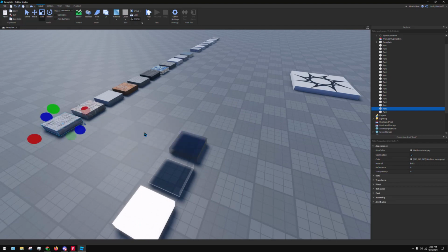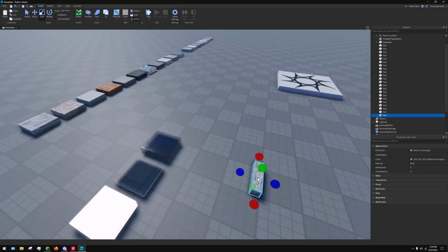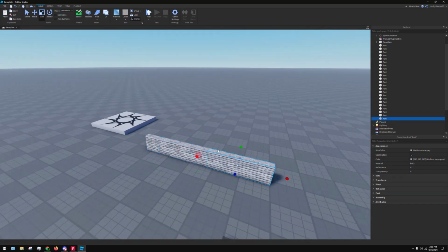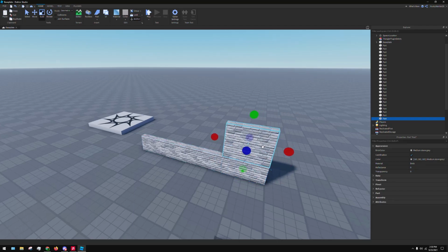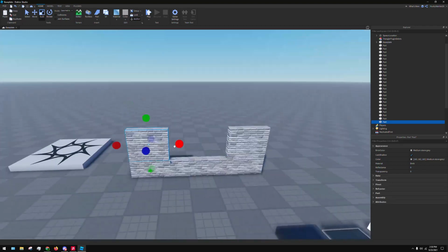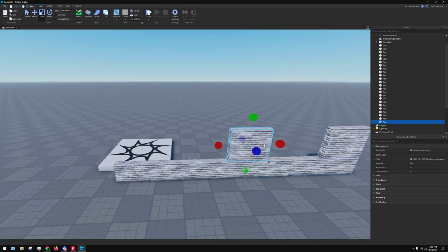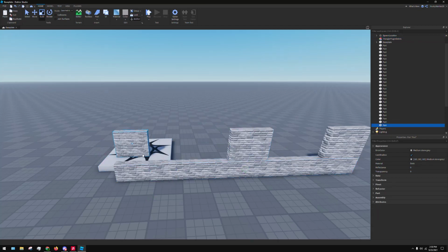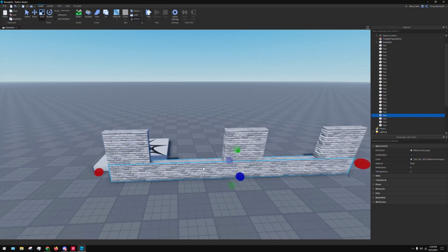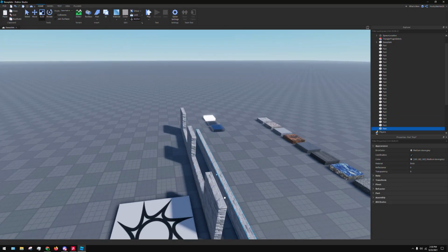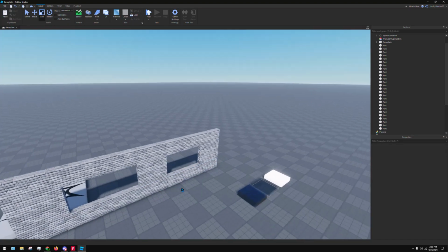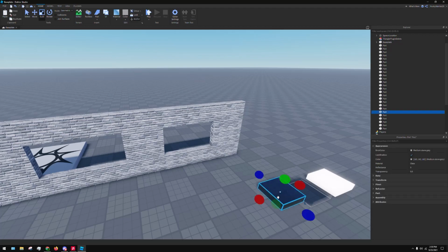You take this, well, if I can copy it, you take this and bring up a wall, and you have multiple windows, for example. So you have two windows here, and let's grab this piece of glass